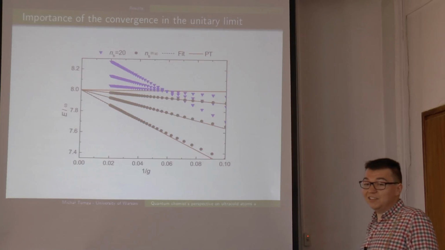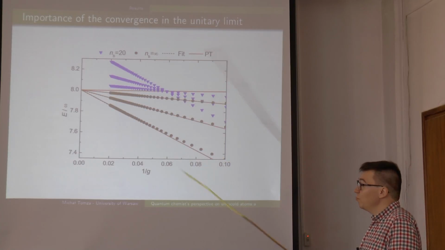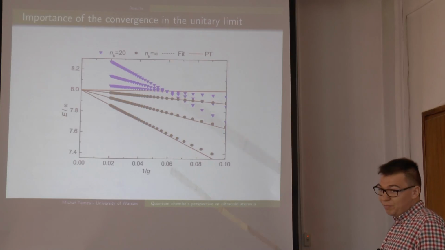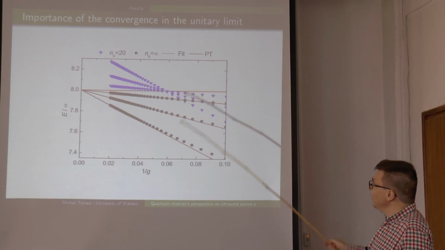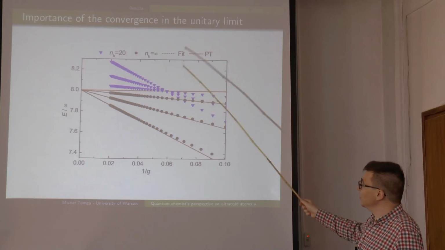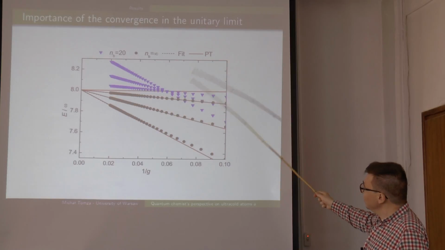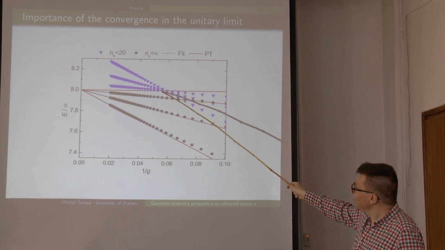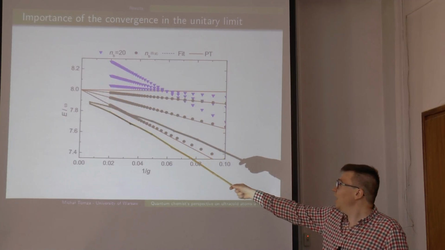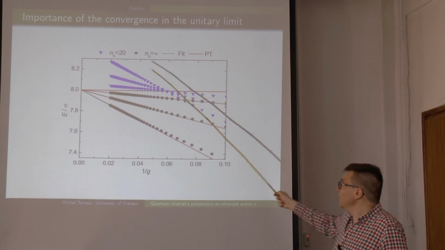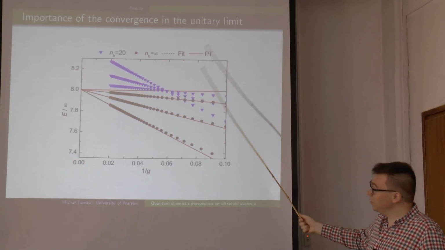This is especially problematic once we look at the unitary limit of interaction, where g goes to infinity or is very large. It is very important for ultra-cold atom physics, because there are quite many universalities in these systems. When we look at what the spectrum of a 4-particle system, 2 spin up and 2 spin down, looks like, we see that for a finite basis set there is some unphysical crossing of states at some finite interaction. This crossing should be at g going to infinity, so at 0 here. But unfortunately, for any finite basis set, we get it at some wrong position.